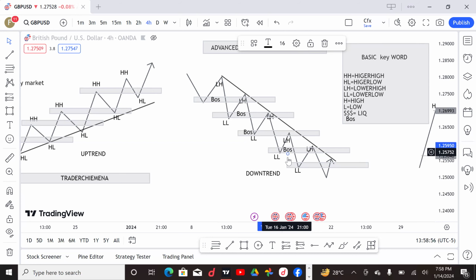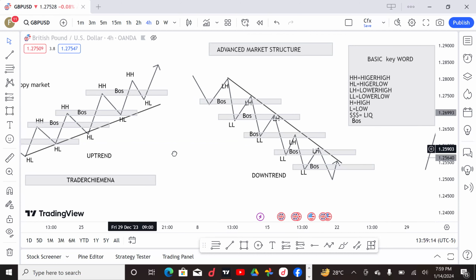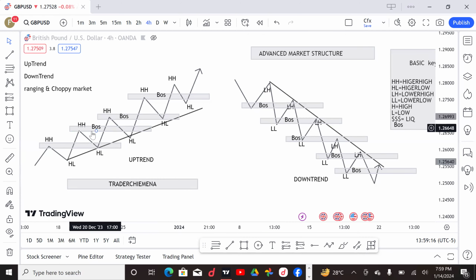And remember, I told you, we don't just trade with just a trend line. The trend line is a guide. So please note, do not trade just with the confluence of a trend line. The trend line is just a guide. Price was breaking structure. You can see what price was doing. Price was breaking structure